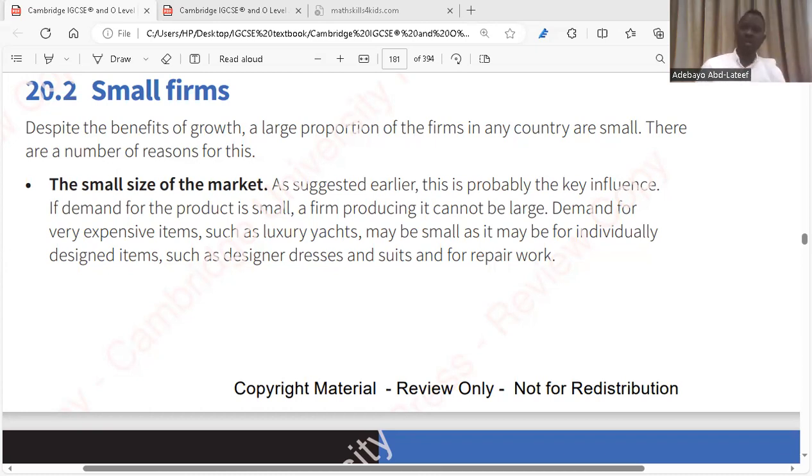Before now, there were no piercing centers in Tripoli, in Libya. But now there are piercing centers in Libya. Yes or no? Yes. It's because now a lot of schools are being set up and they are becoming bigger. So the industry is becoming bigger, so it becomes attractive to other firms or other service sectors to come into that industry. That is external economies of scale. Do you get it now?